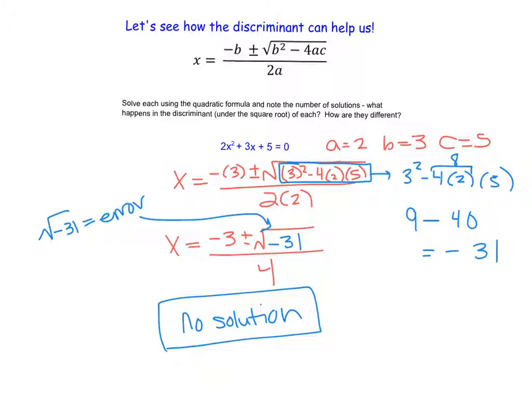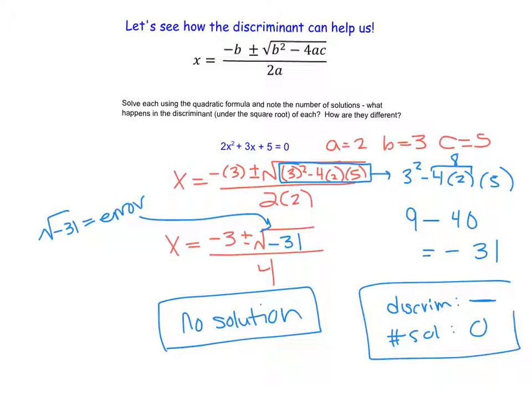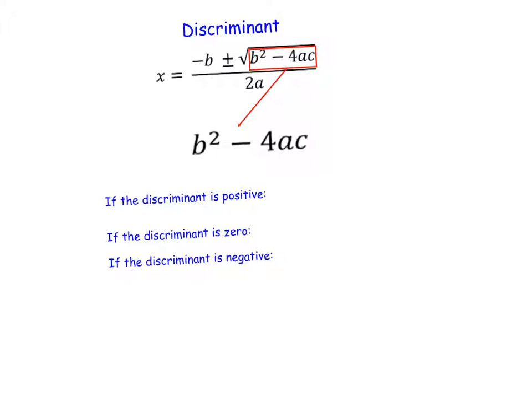So something to note here is that our discriminant had a negative value and our number of solutions was 0. So on the next page, we're going to compare the past 3 slides that we've looked at. In the past 3 slides, we did the quadratic formula 3 times, and what we noticed is that what was underneath this square root, the discriminant piece, actually helps us determine how many solutions we are going